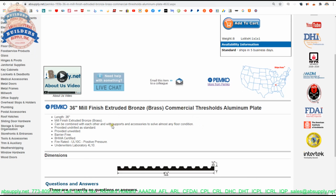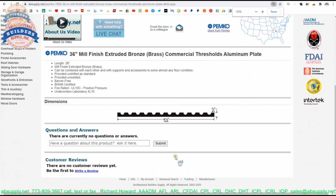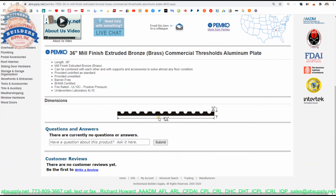Now, this is listed in the site in lots of different lengths. They indicate that the width here appears to be 6 1/8. Put my tape measure on it again just to know exactly. Yeah, it's about 6 3/16, I was going to say. I can put the caliper on it, but I don't think that's necessary. 6 3/16. Mill finish can be combined with each other and with supports and accessories to solve almost any floor